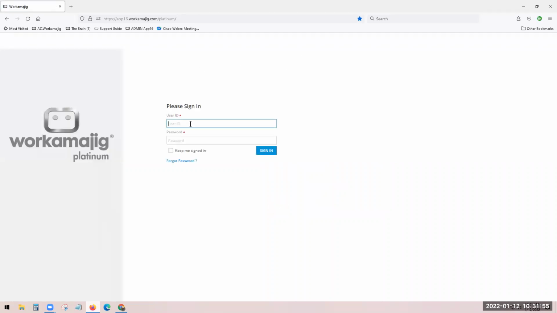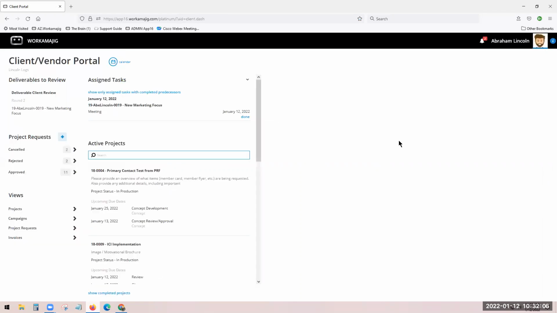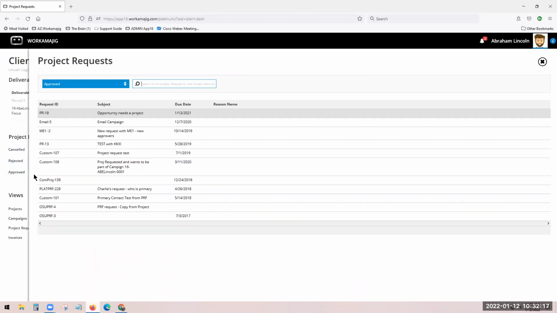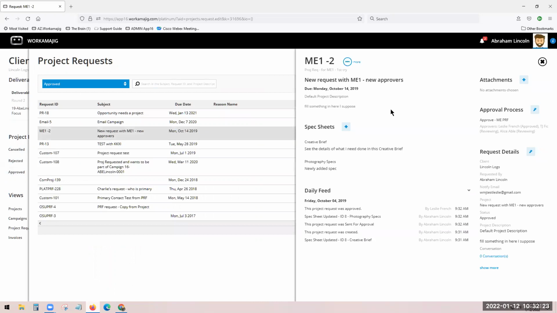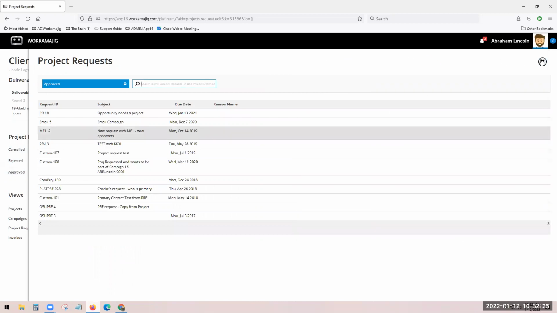And I'm going to go in as one of my more super users just because there's a little more to show you on that guy. And again, keep me signed in or not, and signed in. Mr. Abe Lincoln, he's my favorite little guy I go to a lot. He's got lots of things going on. He's had lots of requests he's pushed in and approved. Many of them have been approved. If he needs to see them, he can go back and use them and maybe copy and resubmit it and do other things with it, or just see what